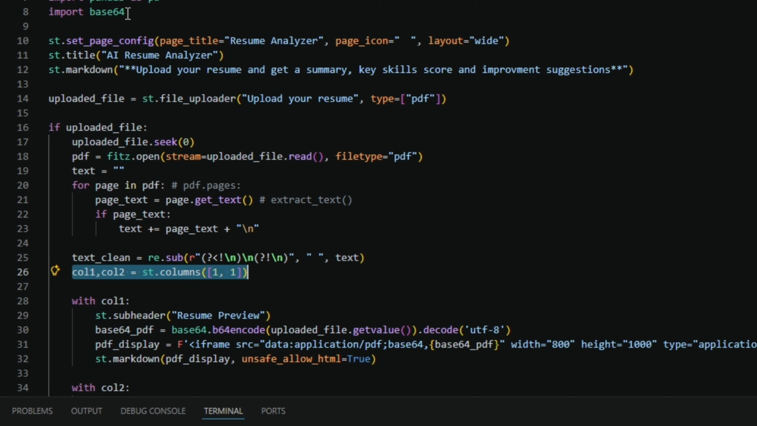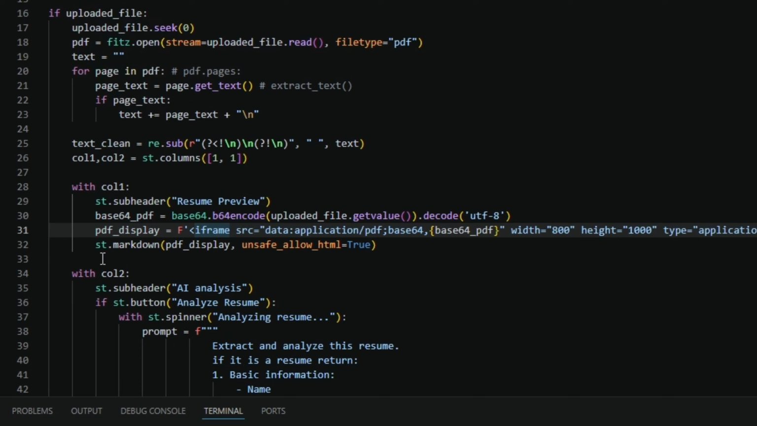So this PDF display, this particular line is HTML. Some of us that are familiar with HTML know the iframe, then the source of the iframe. We're going to be passing this decoded PDF into the iframe. We define the width, the height, and the type of file it's going to be. So obviously it's going to be a PDF. That's what this line does, but defining this line alone does not make it happen. We have to actually use st.markdown